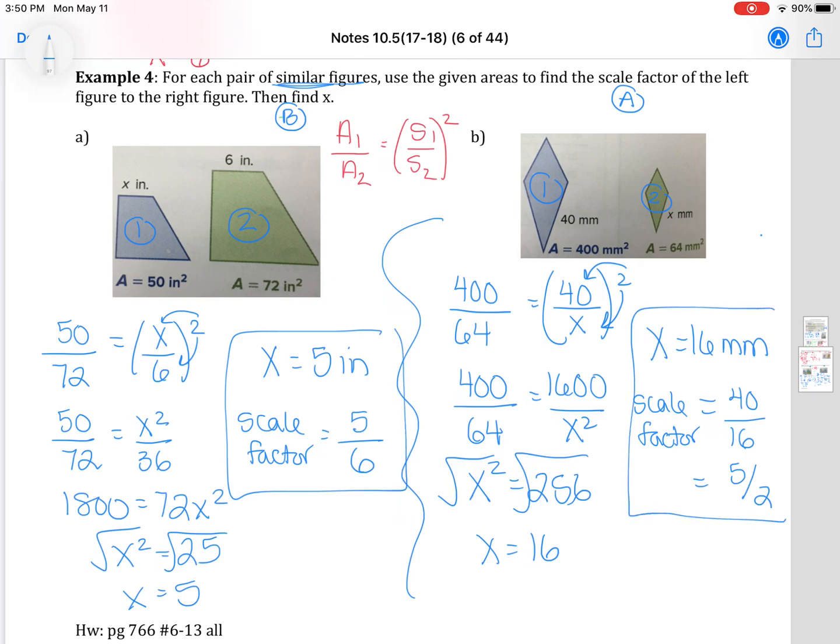Okay, so just keep in mind there are going to be multiple answers in the homework, just like there were on the note sheet, so just make sure you give both parts because I'll be checking